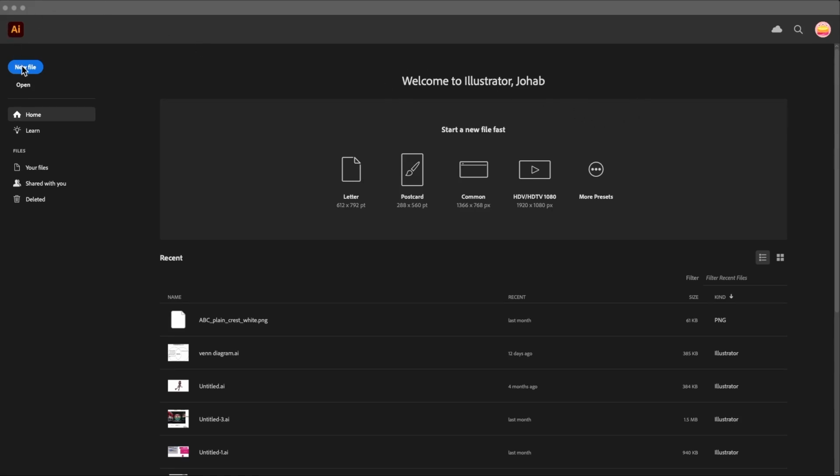So here on the left side of the software, I have new file, open, home, learn, my files, and shared with me in the delete button. It is really nice because people can share Illustrator files with me. Here I have already a few templates, letter, and showing the exact size of each of the templates: postcard, common,